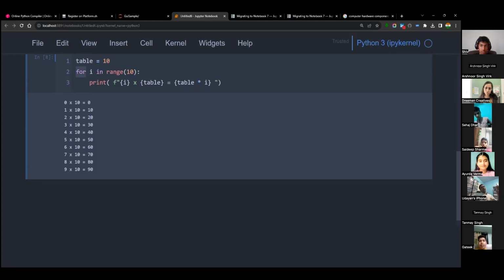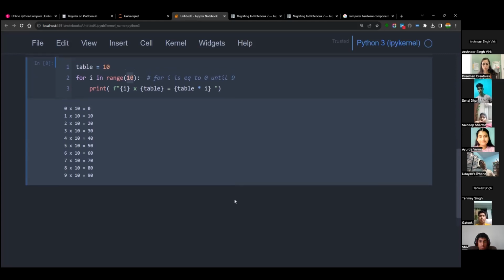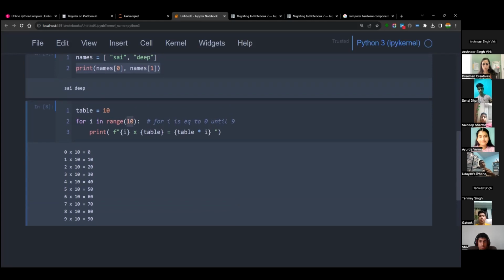Saying for i is equal to 1 to n. Technically, if I want to translate in my head, it will say for i is equal to 0 until 9. So Python usually starts from 0. So when you say 10, it actually means from 0 to 9. And that is where the difference between programming language to programming language happens. Okay, so now if you see the outcome of this for loop, for i is equal to from 0 to